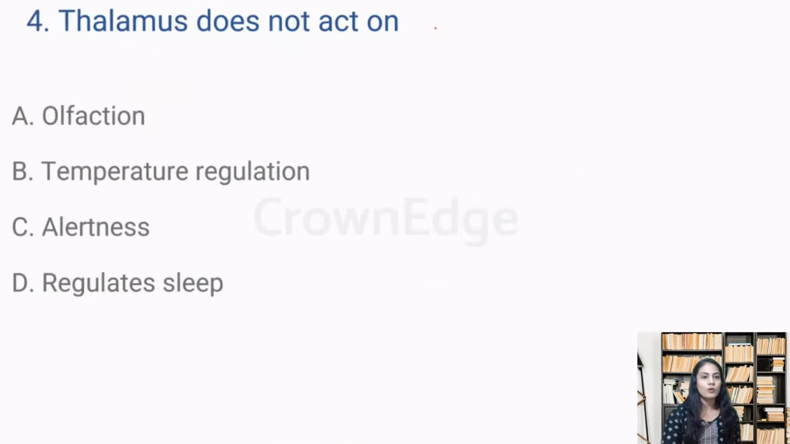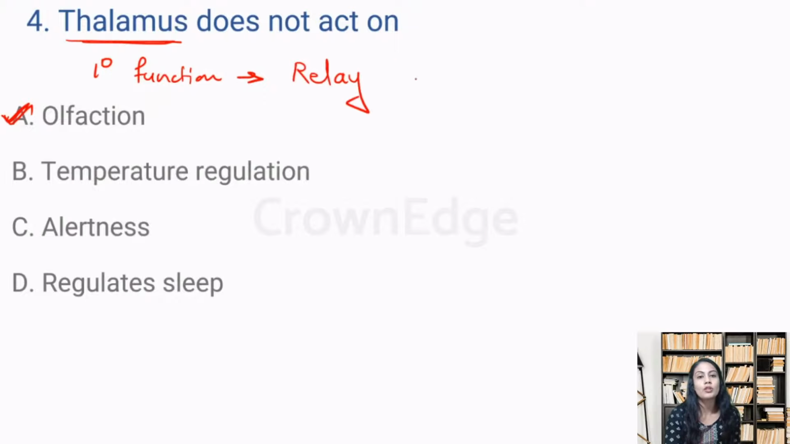Let's move on to the next question. Thalamus does not act on. Remember, we already know the primary function of the thalamus. We learned in the lecture already that the primary function of the thalamus is to relay the information that is coming from the motor pathways and sensory pathways. So its primary function is to relay the information,